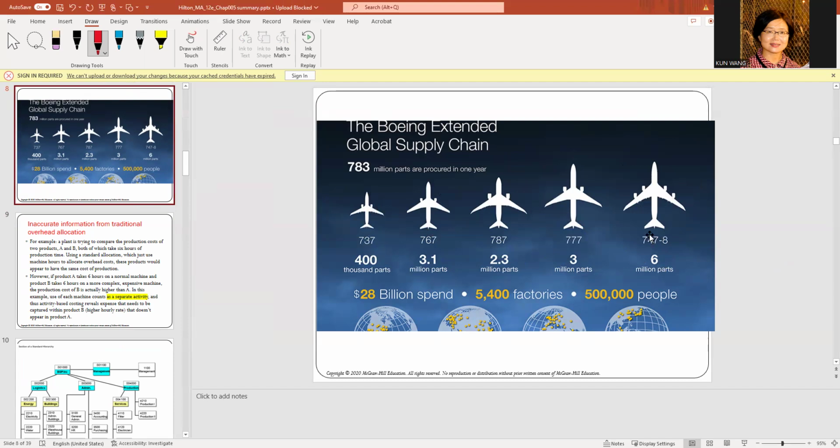So probably low volume, high volume, and middle volume. So think about if you are using a constant plant-wide, right? So all departmental overhead. The result is you more likely underestimate, right? Because the largest airplanes, they need more, low volume, right? But